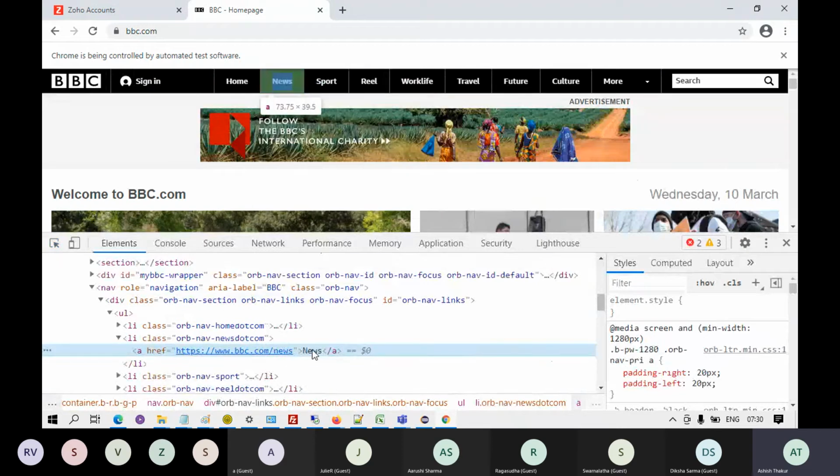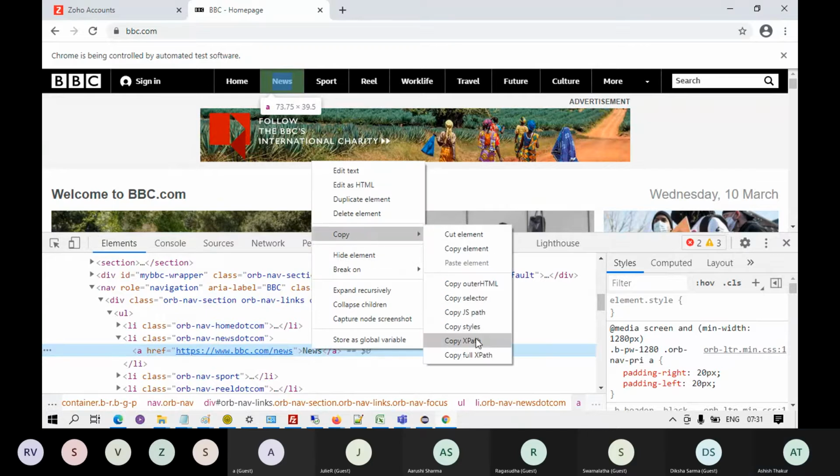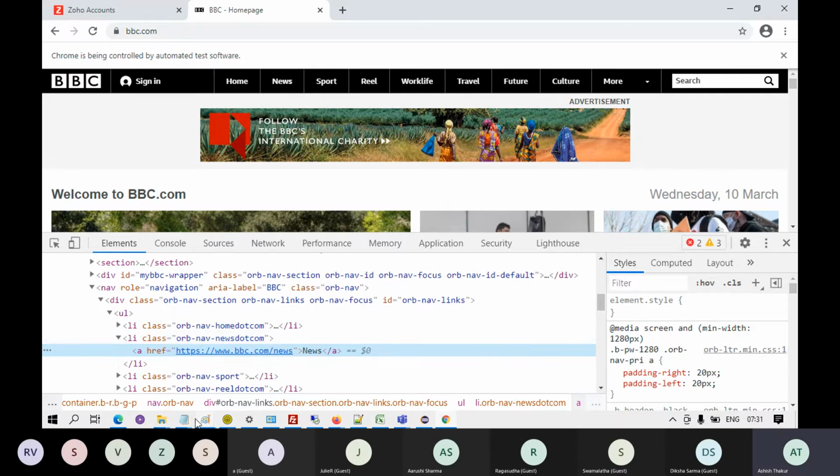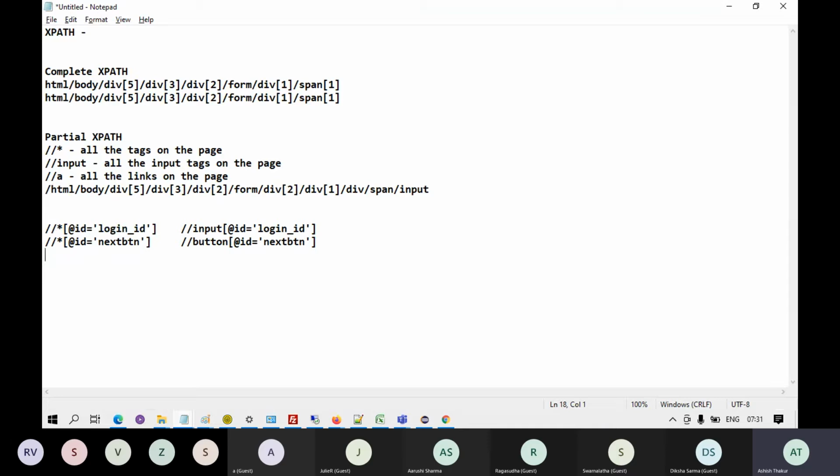This is the news link. So if I copy the partial XPath, I will get the partial XPath something like this. So there's an element whose ID is this, right?